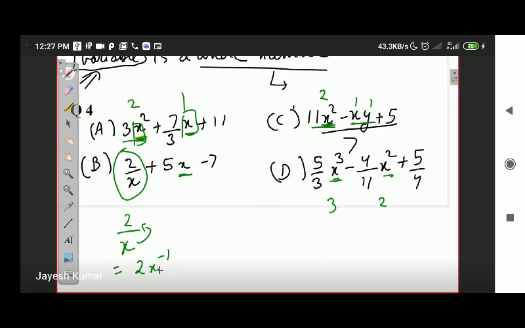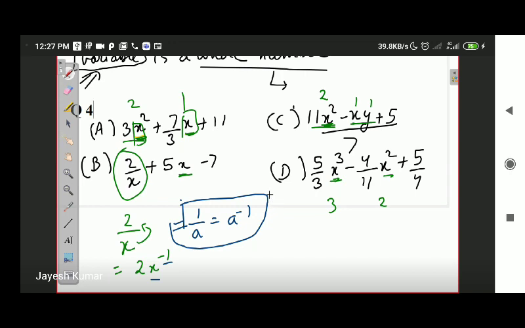We had a formula in powers and exponents, that was 1 upon a is equal to a to the power minus 1. This was the identity in powers and exponents. So here we find out that in B part, one of the x's power is negative. Negative power, once again, it is not a valid polynomial. For it to be a valid polynomial, all the powers of x should have been positive.